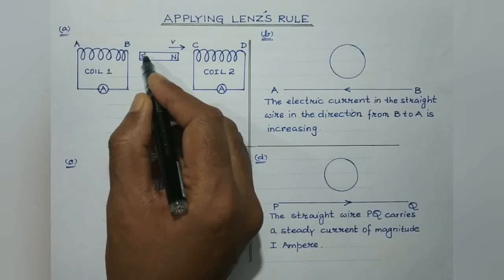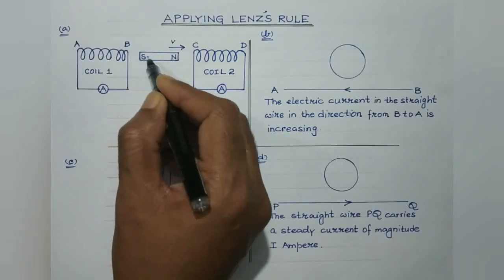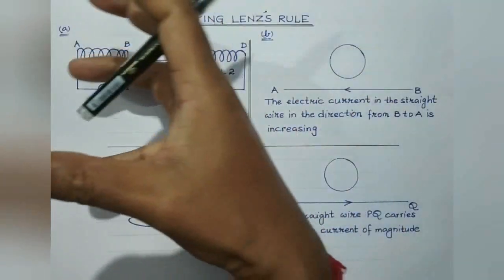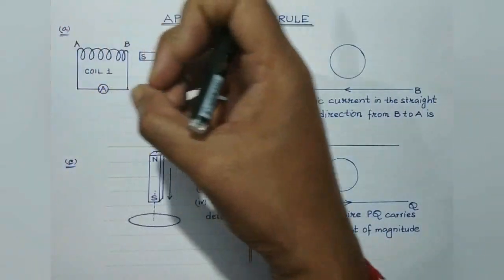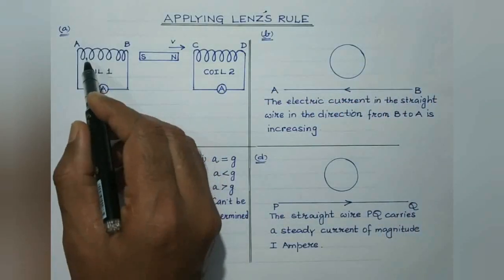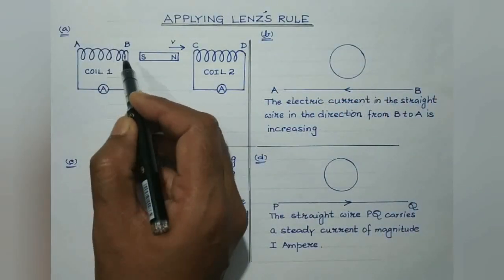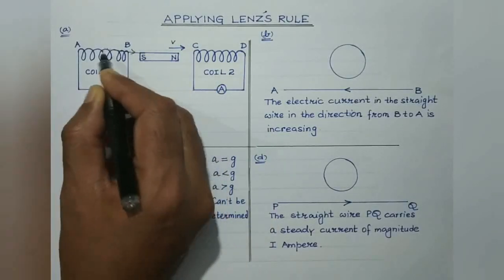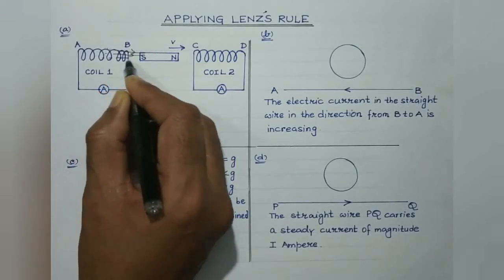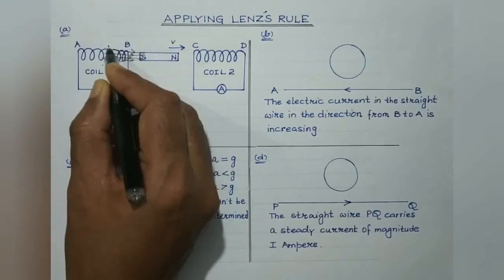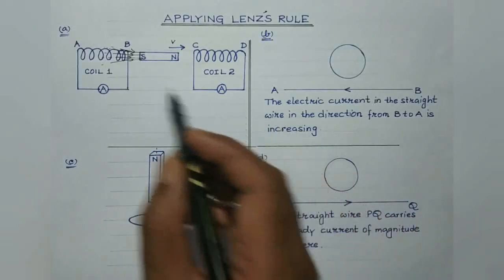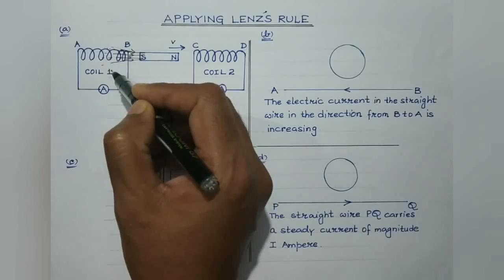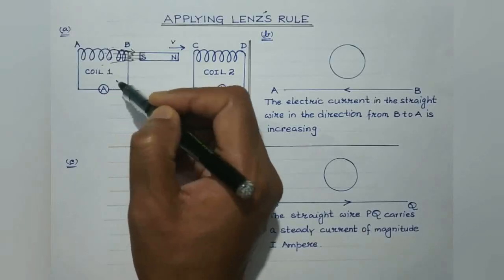Now as this magnet recedes from coil 1, then what happens is the magnetic field lines linked with the coil 1 start winding up. That is, the magnetic flux linked with coil 1 starts decreasing. And as a result, this will be the direction of the magnetic field lines. Like this is the direction of the magnetic field line. So it will start winding up. So as a result, due to the decrease in the magnetic flux linked with coil 1, an induced EMF and current will be produced in this coil.